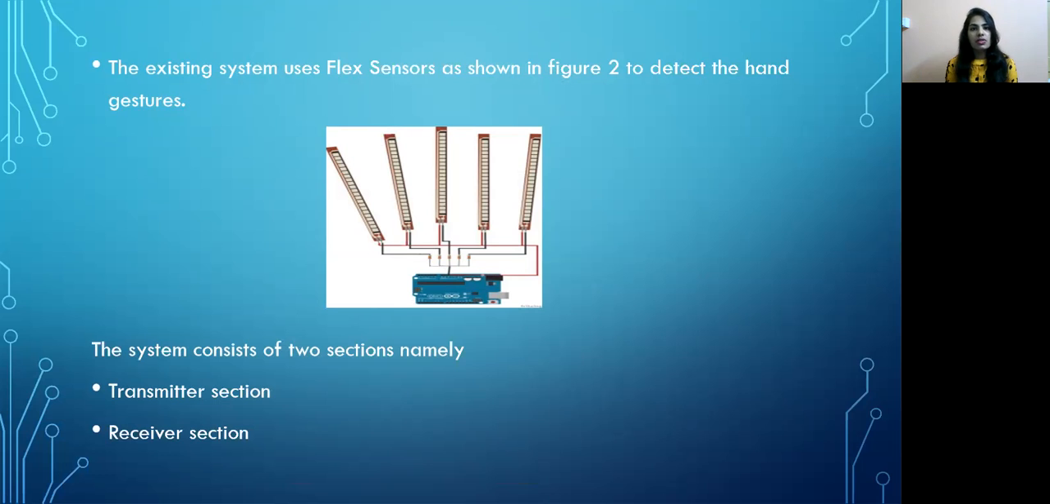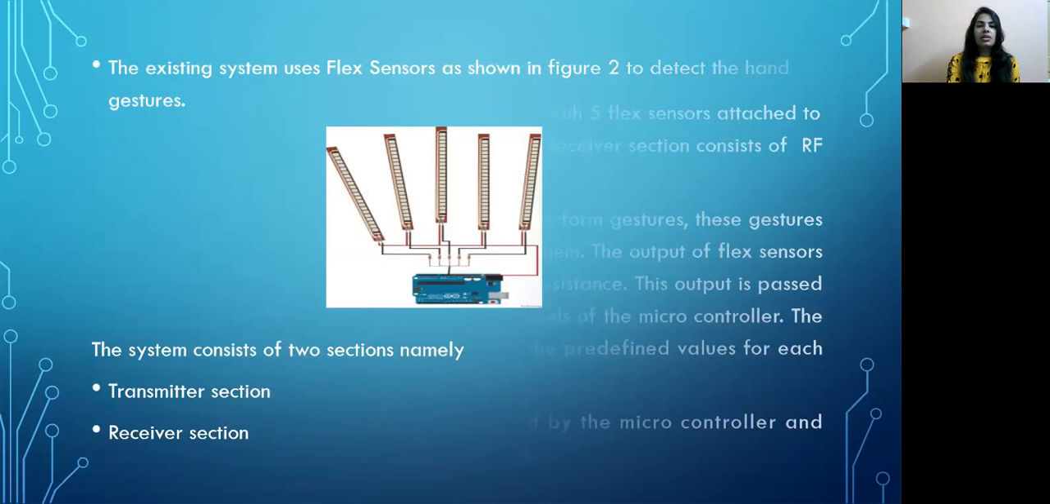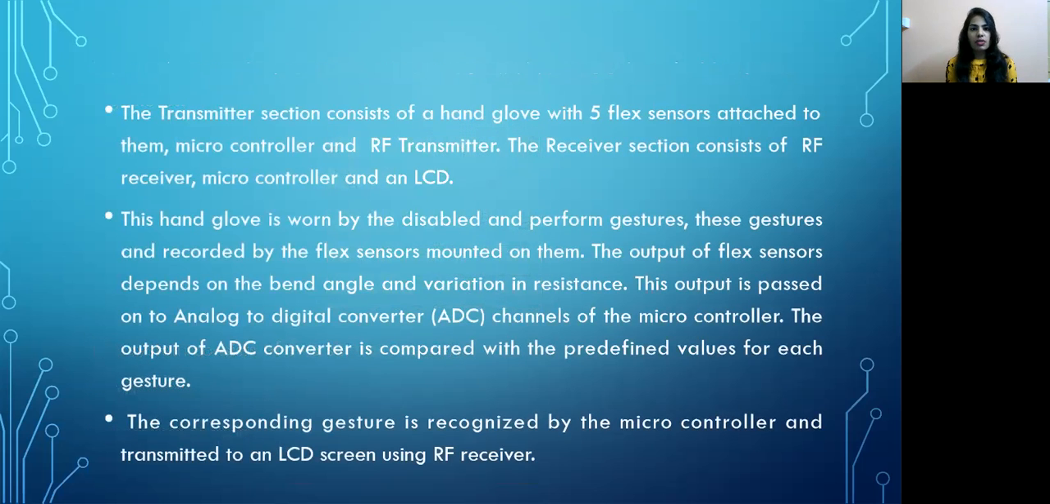The system consists of two sections, namely the transmitter section and the receiver section. The transmitter section consists of a hand glove which is fitted with these flex sensors. It also consists of a microcontroller and the RF transmitter to transmit the data from the microcontroller to the receiver section. The receiver section consists of a RF receiver and also a LCD screen to display the gestures converted into